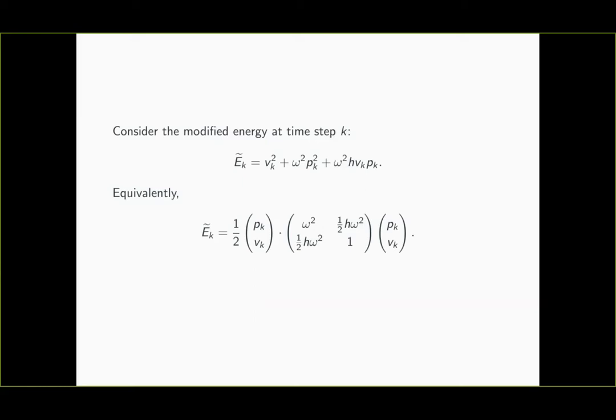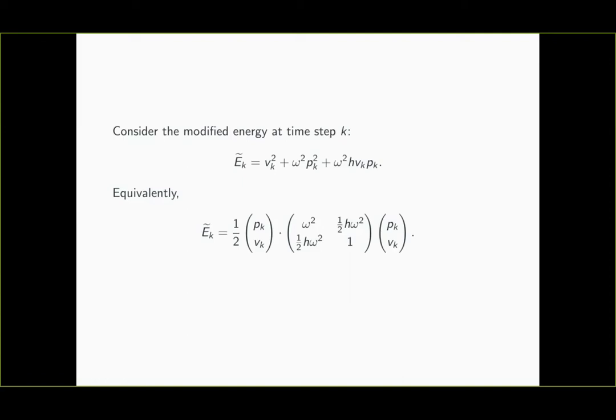The original physical energy could be written in a similar form. The diagonal elements of the square matrix are again omega square and 1, but this time the off-diagonal elements are not equal to 0. This matrix in the middle is symmetric,